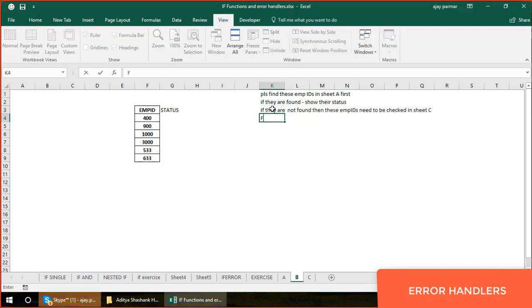Okay. Finally, when we know employee IDs are not in either of the sheet, display not found anywhere. Okay, so the question is that we would like to go ahead and we would like